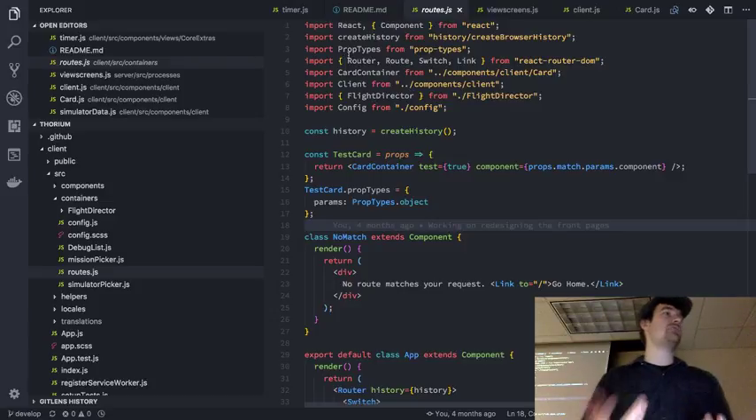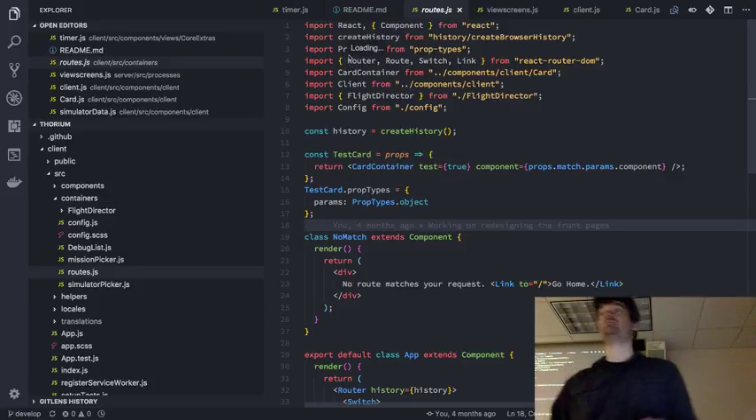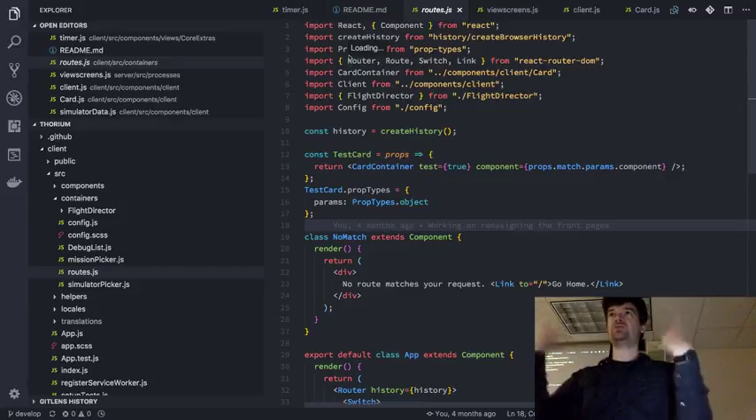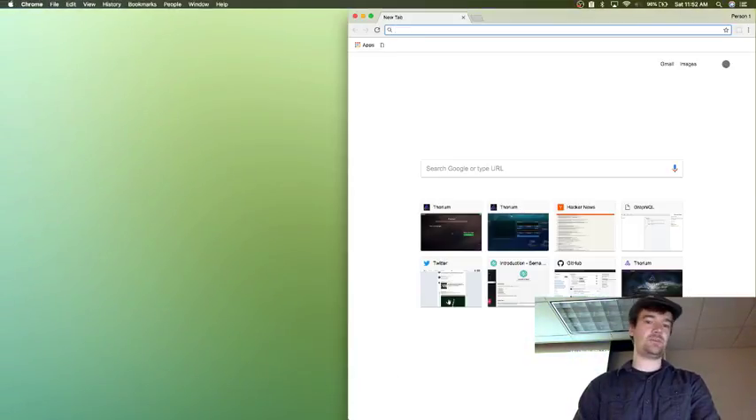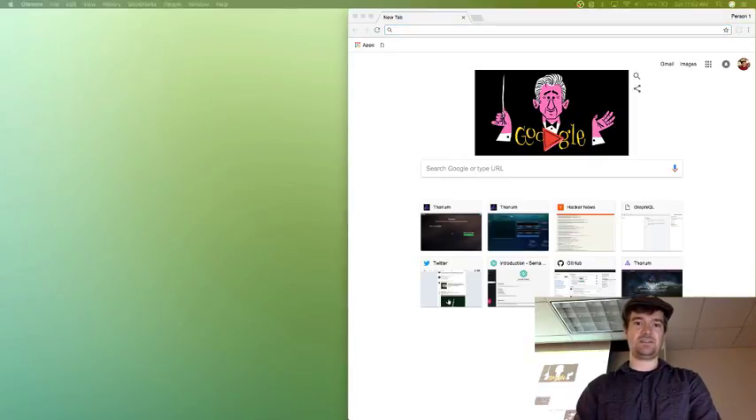Thorium uses React Router for the routing, which is just whenever the URL changes, show this. So if I were to pull up Thorium, to demonstrate this, oh, I got a little message here. I need to make sure that